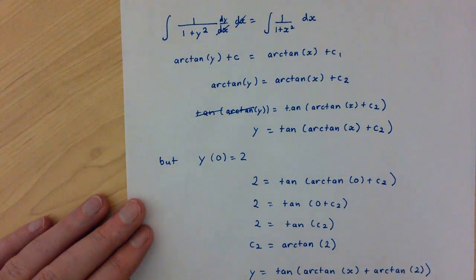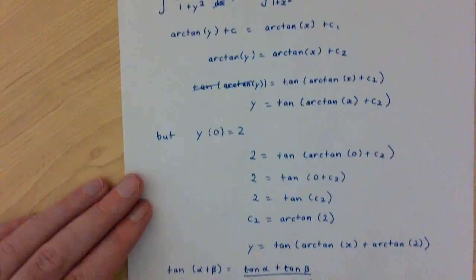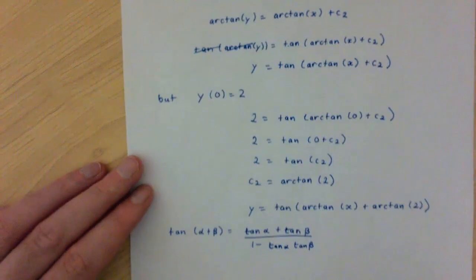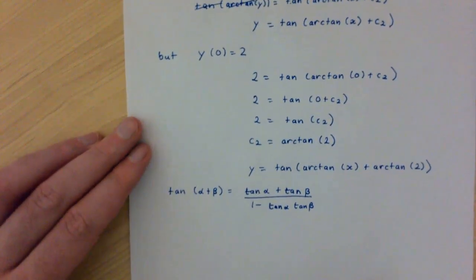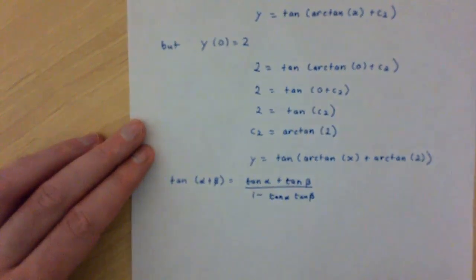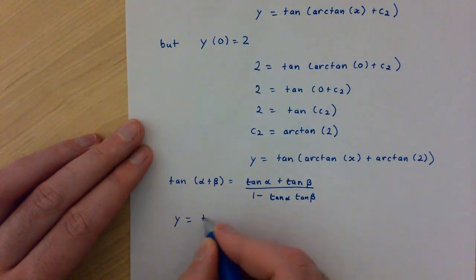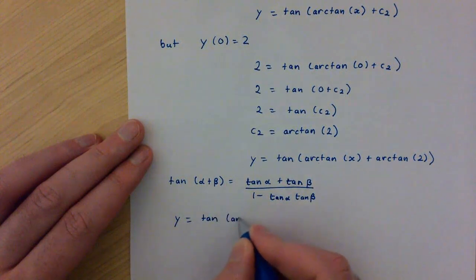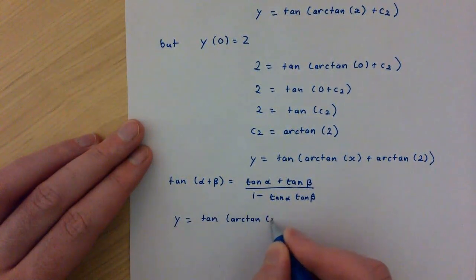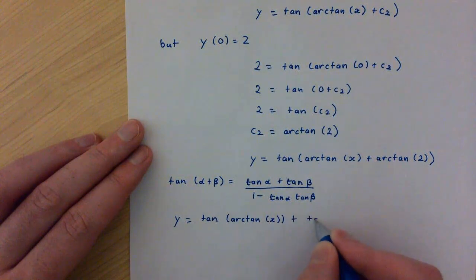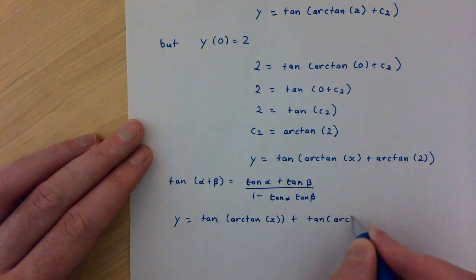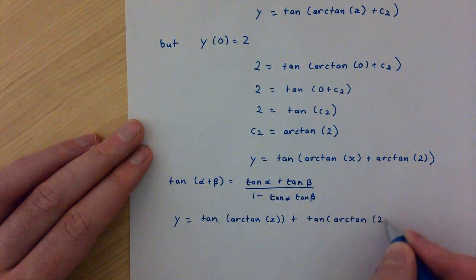Because both terms inside the bracket have an arctan, whenever I take tan of either of those, the arctan will cancel, and so it's worth doing the simplification here. I've just got to keep remembering to push the page. So in this case, y will be equal to tan of arctan of x plus tan of arctan of 2,